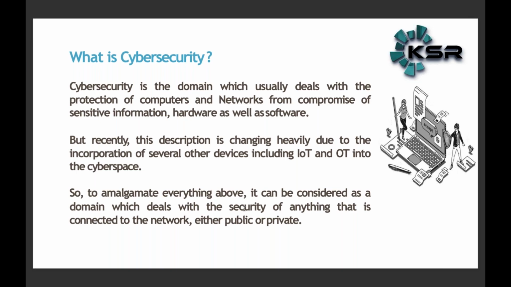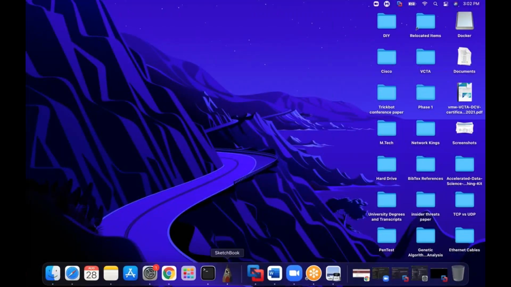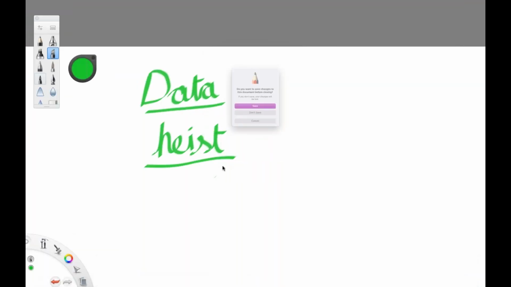Please start writing, and I'll look for your answers and try to create a definition of cybersecurity. All right, so no problem, I'll create a definition of my own.